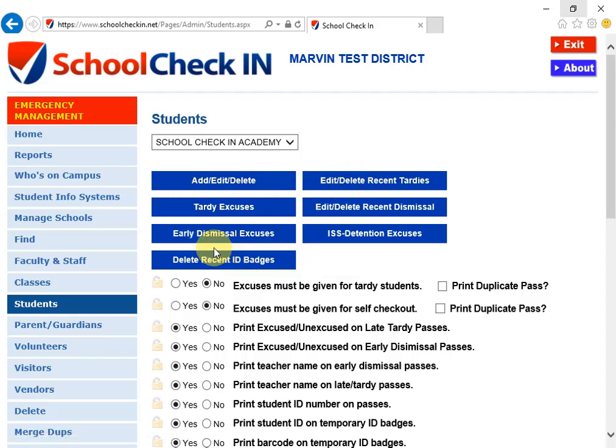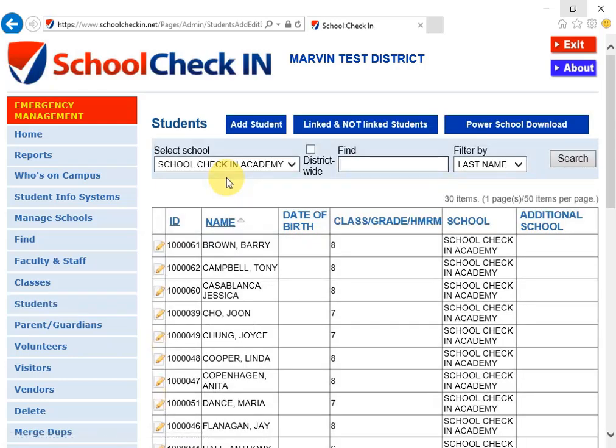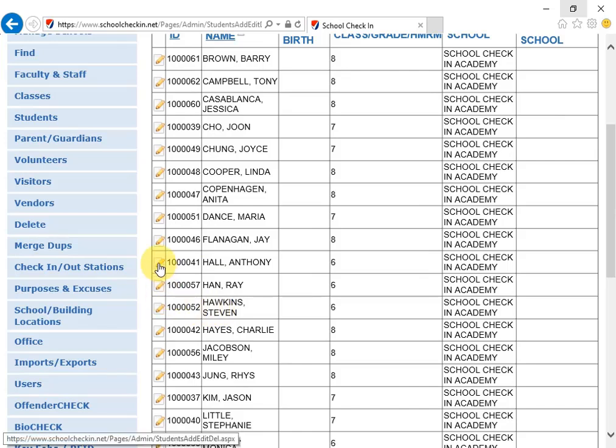The first tab is going to be your Add, Edit, Delete button, where you can add, edit, or delete your students. To do that, you just click on this Add, Edit, Delete. If you do already have students in there, you will see a list of your students. You can click on the pencil and paper next to each student to edit their information